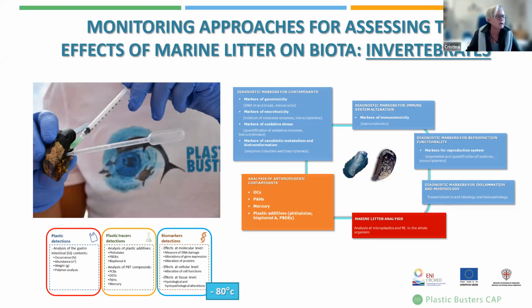And here is a very synthetic slide in which we report that all three steps can be analyzed in mussels. The first step is obviously the detection of marine litter, in particular microplastic, and Dario has already given you a lot of detail concerning this. But what I would like to say is that in invertebrate species ranging from mussels to crabs to zooplanktonic species to